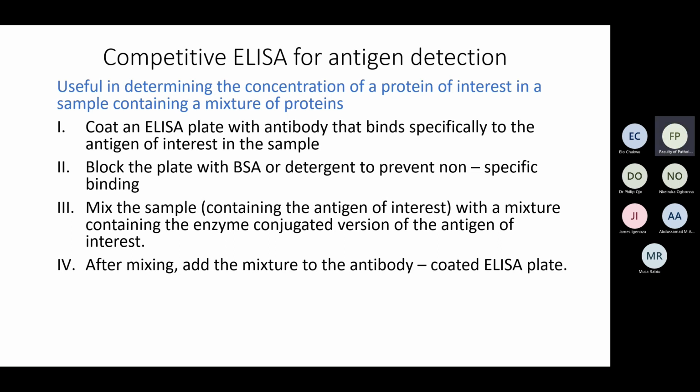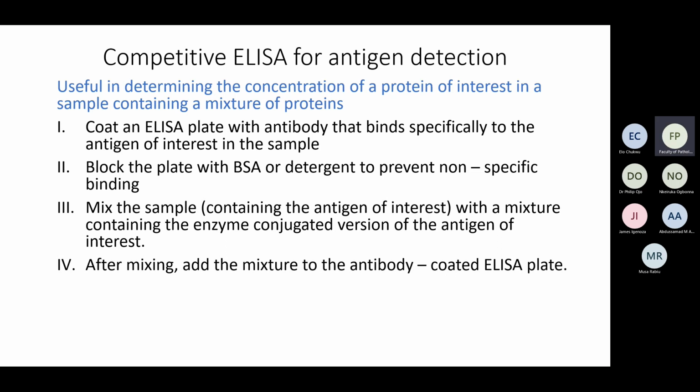So I said step number 1 is to coat your ELISA plate with an antibody that binds specifically to the protein of interest in your sample. Remember that your sample contains so many proteins, but your protein of interest is only one. So you have to get an antibody that will bind specifically to your protein of interest. It is that antibody that you're going to use to coat your ELISA plate. That's step number 1. Step number 2 is to block non-specific binding sites in the plate. Step number 3